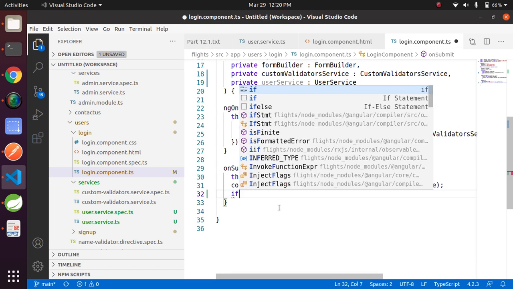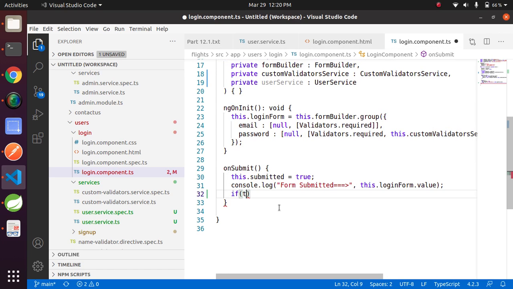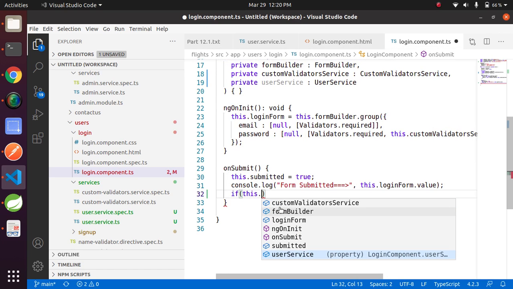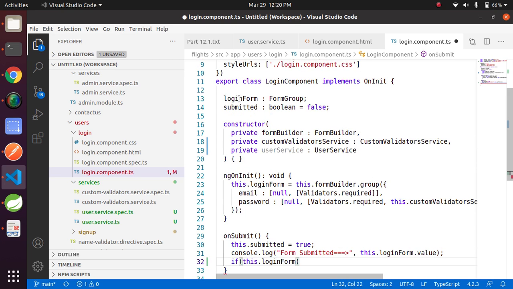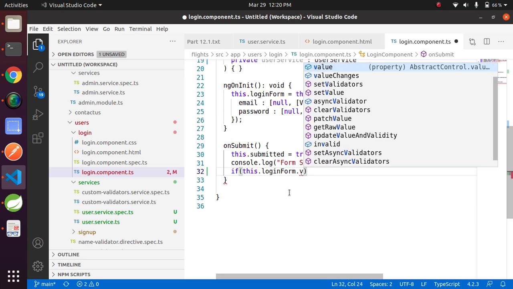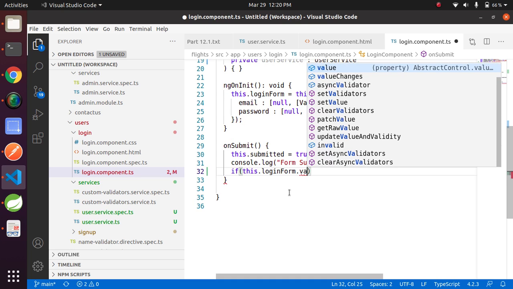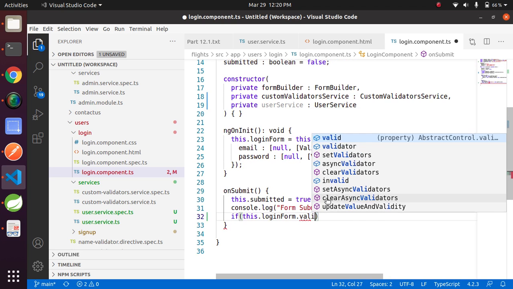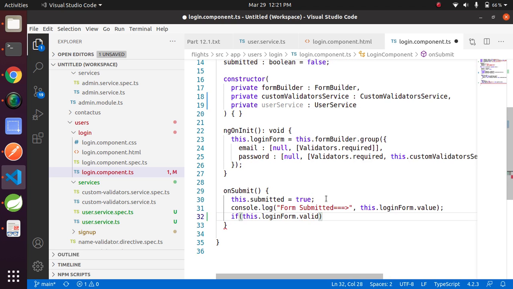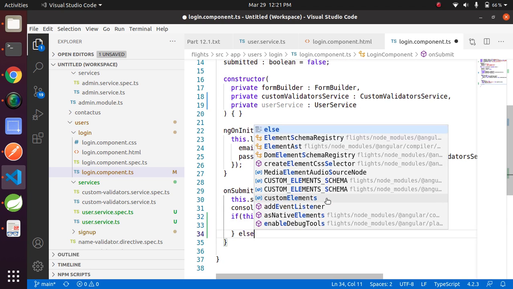If this.loginForm.valid, then call the observable,